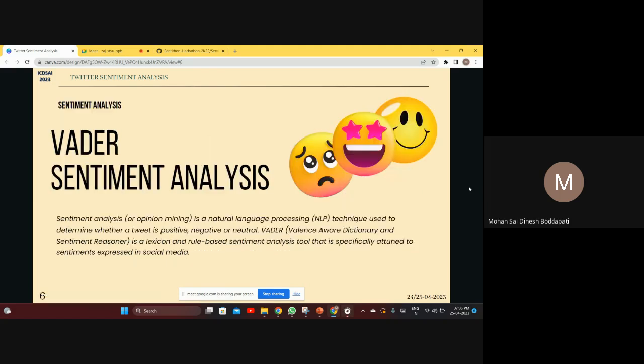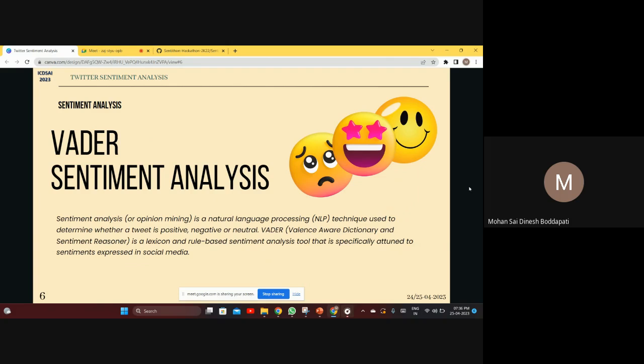Next, the sentiment analysis. Sentiment analysis is used to determine whether a tweet is positive, negative, or neutral. Here we have used a wider sentiment analysis, namely the Valence Aware Dictionary and sEntiment Reasoner, because it is a Hugging Face transformer, and it was developed and trained on a larger amount of data, so it is well trained and is a transformer. So it is used.